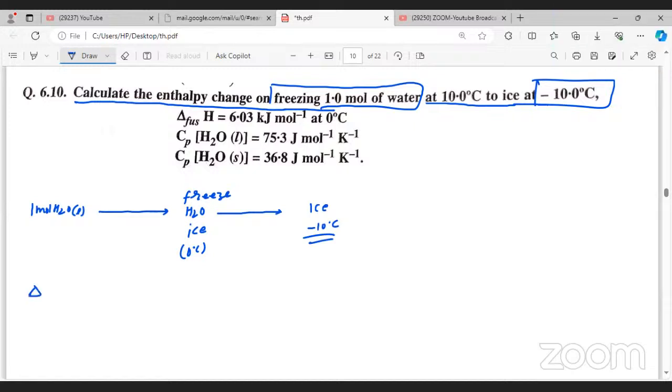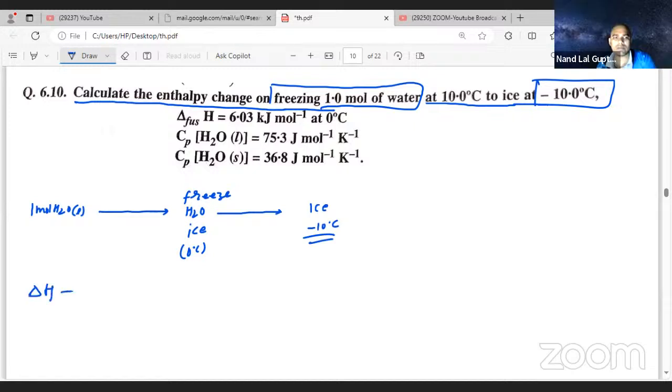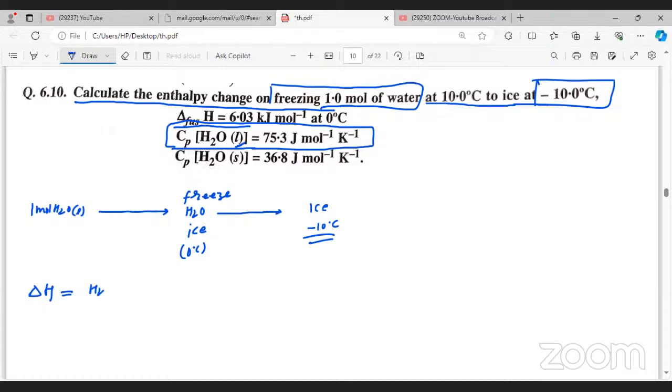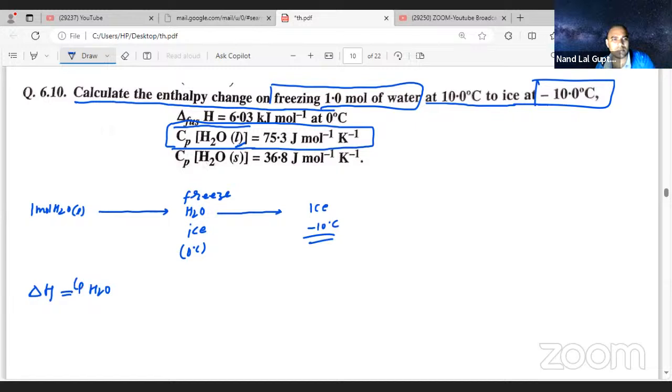So if you are calculating delta H, what will be there? First, the enthalpy of fusion is there and heat capacity is there. So you can write this step, heat capacity. Firstly, heat is getting absorbed, so heat capacity of H2O liquid they are saying. So I am writing Cp of H2O